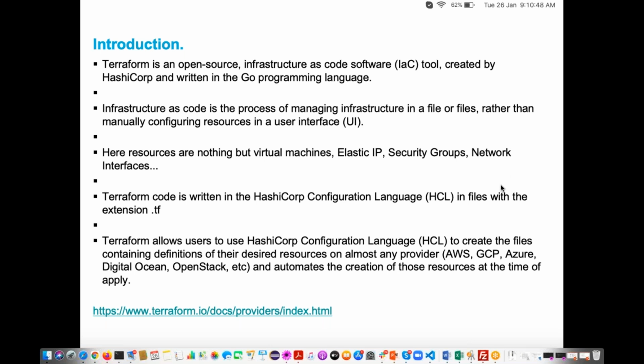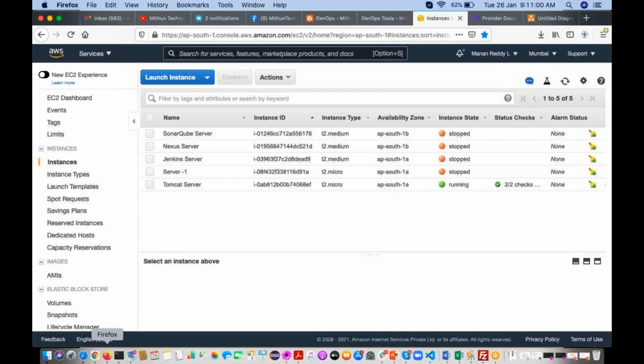What are you doing? You log into the AWS admin console, then you select launch instance, then you select the EC2 instance type, and all these things we are doing through the GUI.